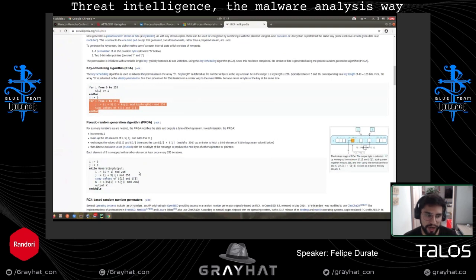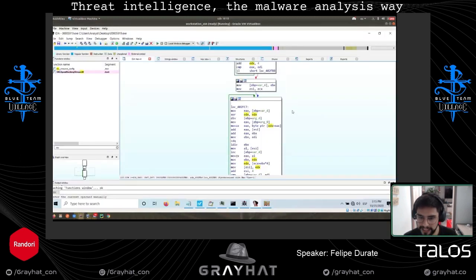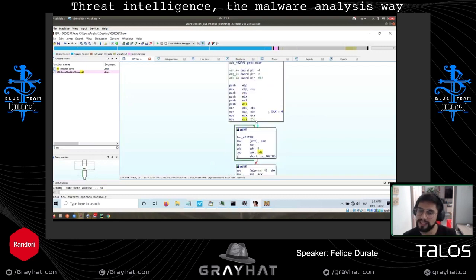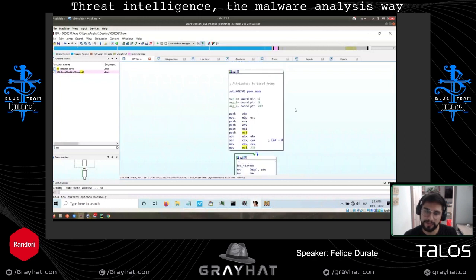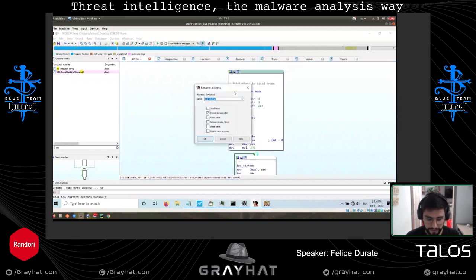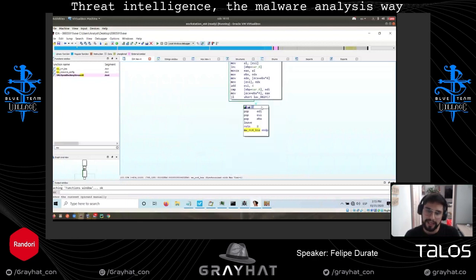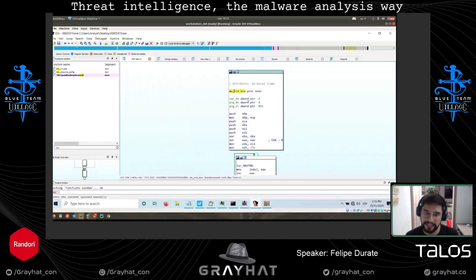Then there is another loop again up to 255, and there are going to be some movements over there. I don't want to reverse the whole thing. I just want to get an idea. So if I go back here, I see that again this comparison is with 256. So there are two loops that are going to count from 0 to 255. So this is most likely the RC4 key scheduling algorithm. Boom, that's it. Nothing more. I don't need to understand anything else because this has the same structure.